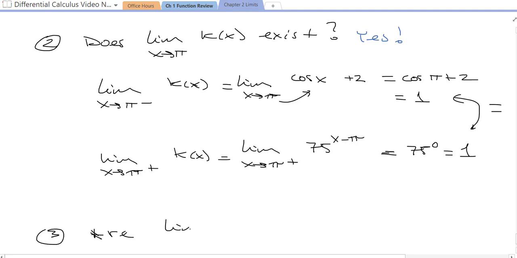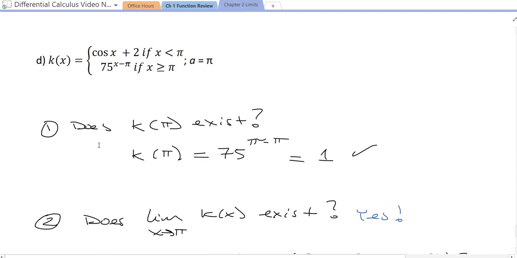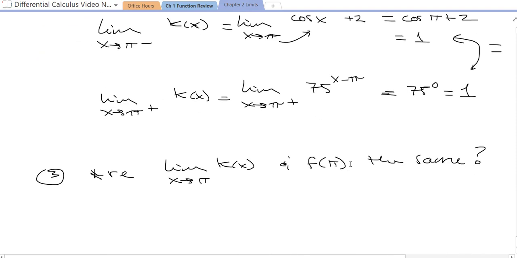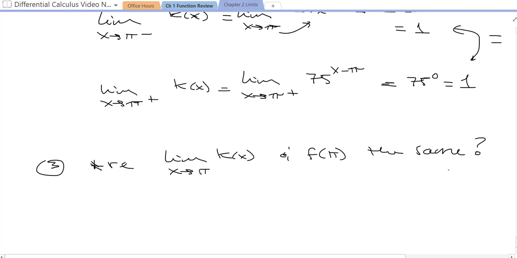And now the third condition, are they the same? Are the limit as x goes to pi of k of x and f of pi the same? So that's the third condition. And yes, they are, right? The k of pi was 1 and the limit is 1. So therefore, they are the same. So yes. And so we can say k of x is continuous